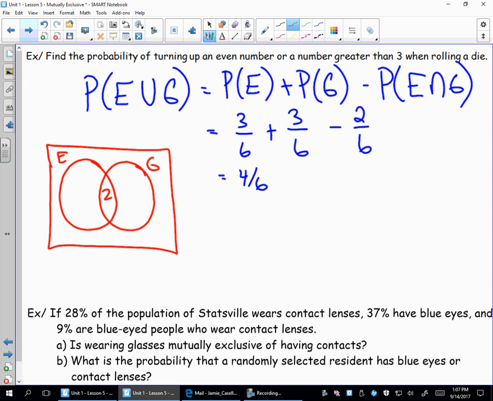How many things are just even? Well, there's 3 that should be in this circle, right? I've got 2 in the overlap, so I've got 1 left that's just even, the number 2. How many things are greater than 3? Again, I've got 3 things in there, but I've got 2 in the overlap, so I'm left with 1. And I know my box has to add up to 6, or 6 things altogether, so there's 2 things left